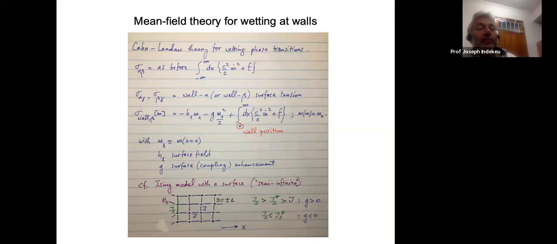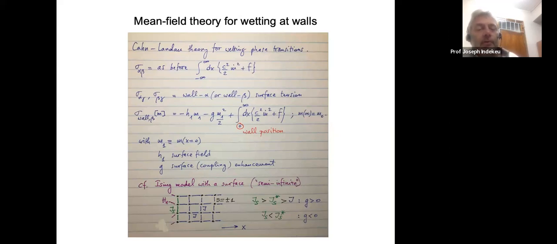So a positive surface field will promote a positive M1, and a negative surface field will promote a negative value for M1, in order to minimize the overall surface free energy. So we could say that the surface field is there to try to induce wetting or try to induce drying, either one. And then there is a second term, not completely necessary to do an elementary calculation, but very useful